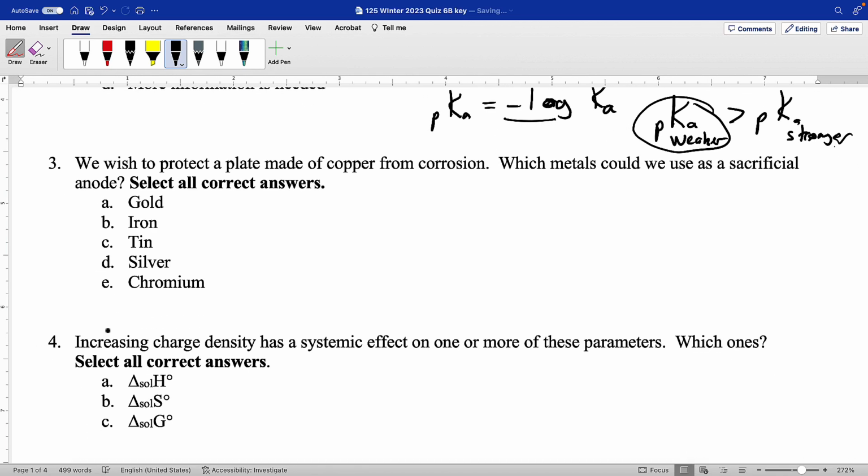All right, we wish to protect a plate made from copper from corrosion, so we need a sacrificial anode. So this is the idea that we have something we care about, some fabricated piece that is serving maybe a structural purpose, and maybe it's in the environment, maybe it's even outdoors. If we connect it with a wire to an active metal, something more active than copper, like iron,